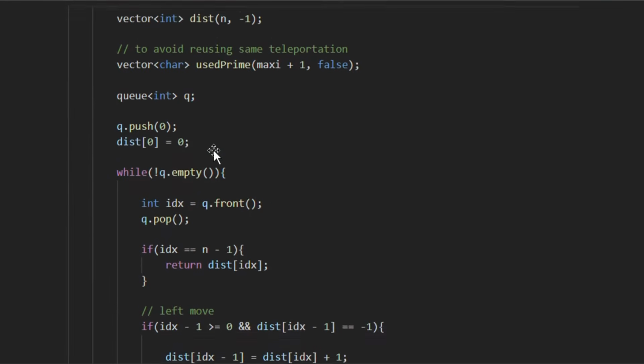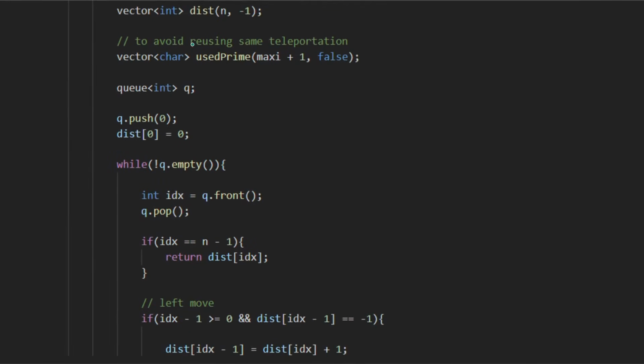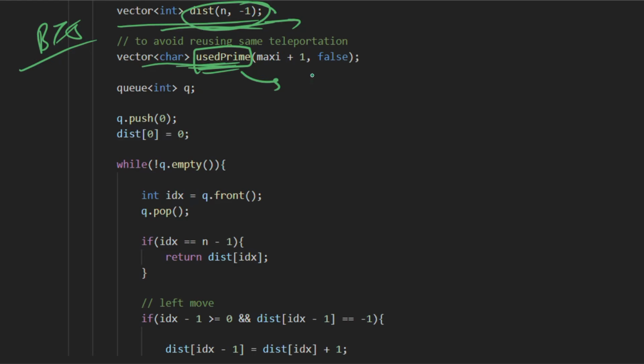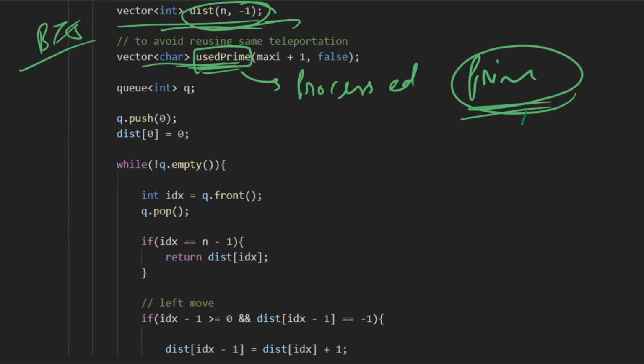Then after building the mapping, we start our BFS part. So we have taken a distance vector to store the distances, and then we have another vector, like use prime, to store whether we have processed a particular prime number or not, to avoid redundant processing, right?